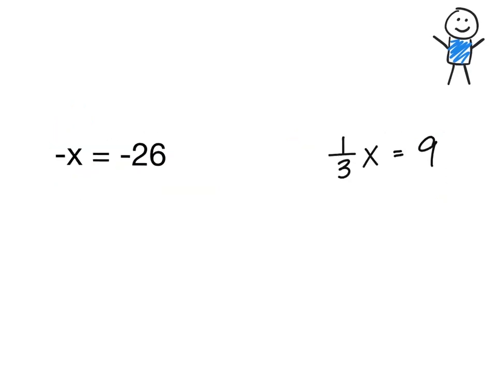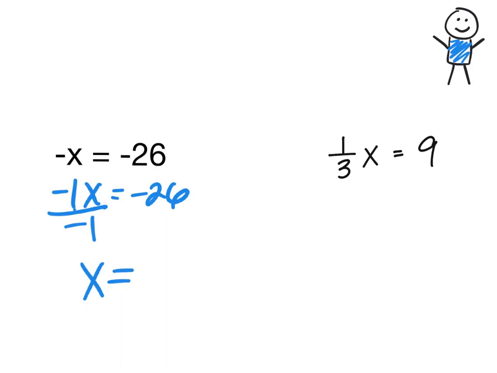The last two that we're going to do are kind of special cases. On the left, we've got negative x equals negative 26. Well, we don't actually have x solved by itself. There's a negative in front of it. And a lot of times teachers will see this as negative 1 times x is equal to negative 26 because of the understood 1 in front of anything. To get rid of times negative 1, we're going to divide this side by negative 1 so that we're left with just x. And because of, in this case, the division property of equality, we need to divide both sides by negative 1, giving me x is equal to 26 because of the division